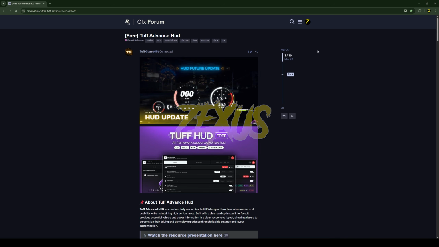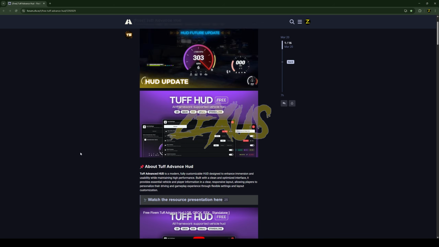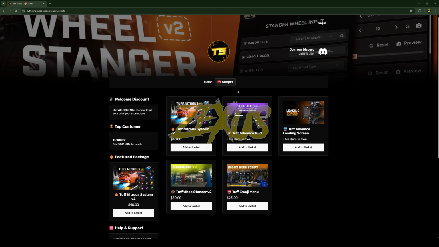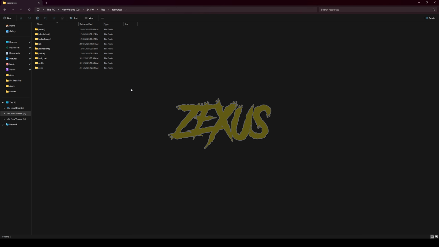So this is a script which we are going to install into the FiveM server. I'll put the link in the description below. You just need to scroll down over here, then click on this download script button. Now you will be redirected to the Tebex store. You just need to click over here, get the script into your CFX portal, and download the script. After downloading it, we have to extract the file into our FiveM resource folder, so I'll be extracting it over